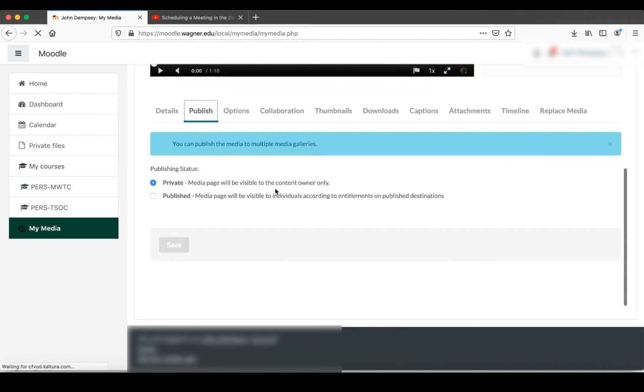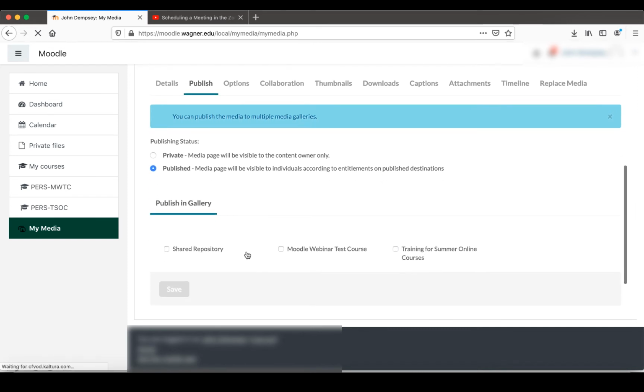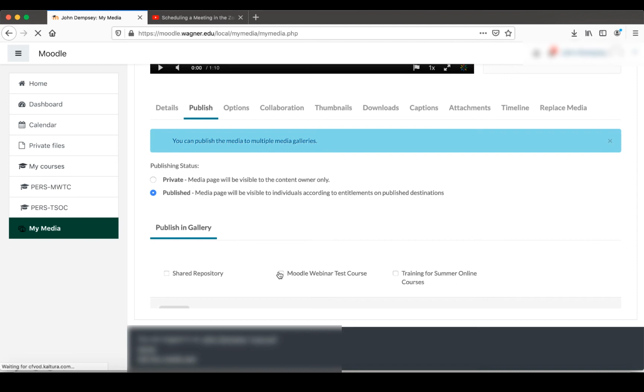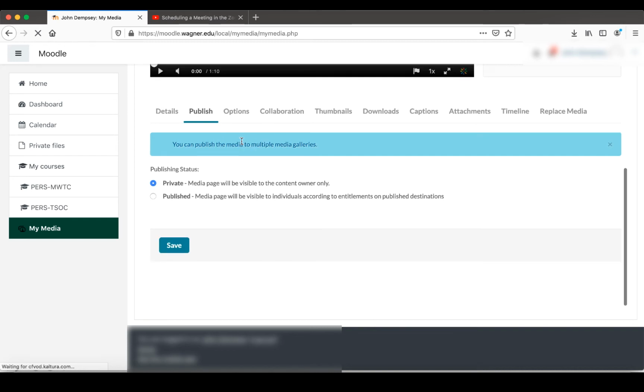Now, there is a way to publish from the actual Moodle page, but you can also publish from inside of My Media as well. So here, the publishing status is private. If you were ready to publish this to a Moodle page, you could click on Published, and then you would see all of the courses that you have shared with you, where you could just check off a course, and that will upload it to that course's media gallery. At this point right now, we're going to leave it private